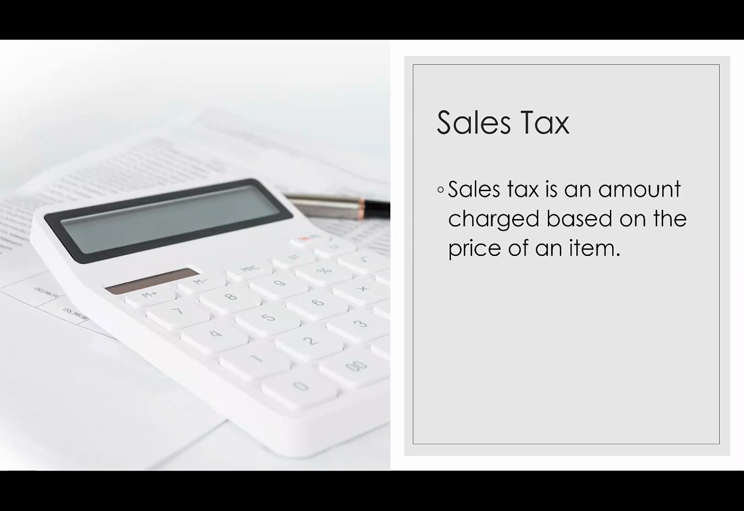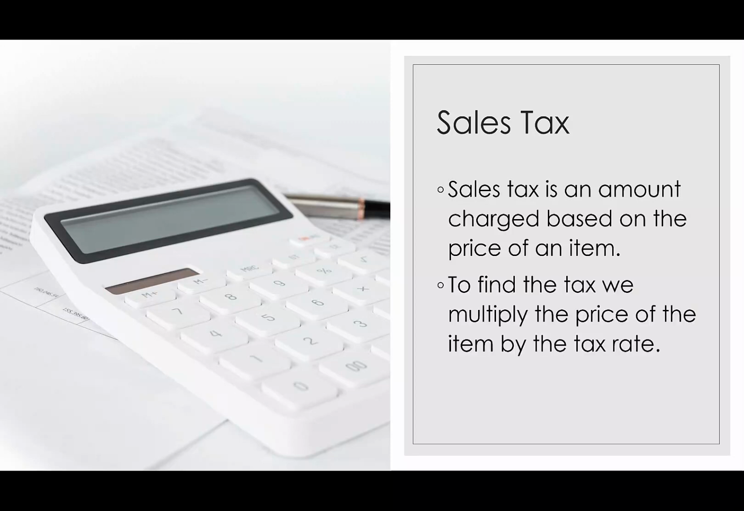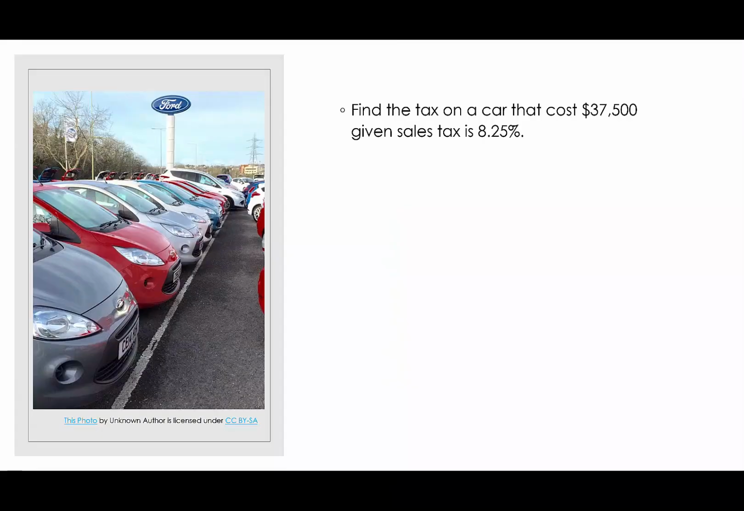Another application of percentages are sales tax. Sales tax is an amount charged based on the price of an item. To find the tax, we multiply the price of the item by the tax rate. Let's find the tax rate on a car that costs $37,500, given the sales tax is 8.25%. To start, we'll rewrite 8.25% as a decimal. We'll have 0.0825. We're going to multiply that by the price of the car, which was $37,500, which says the taxes are